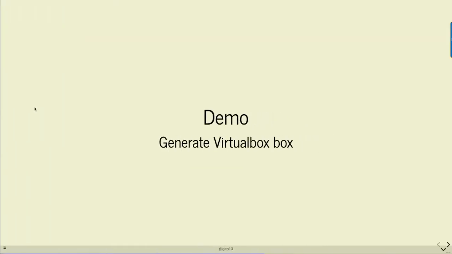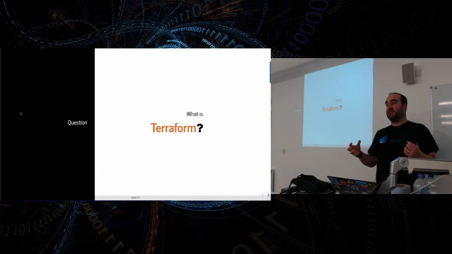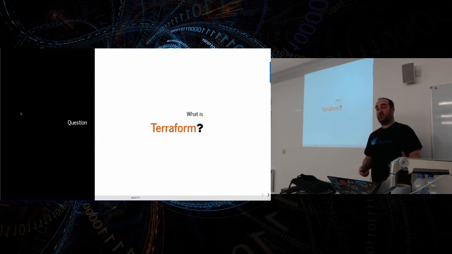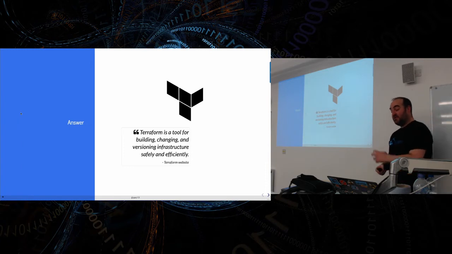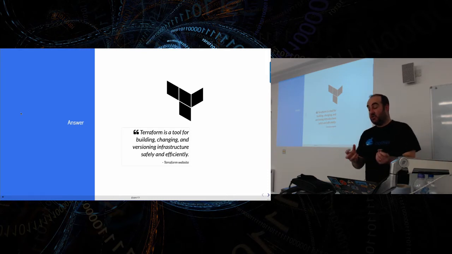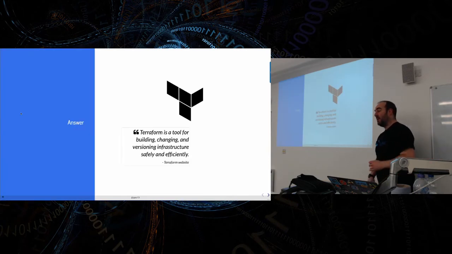So, having done all of that, we're now in a position where we can start thinking about taking these base images and doing something with them. That's where this other tool from HashiCorp comes in, which is Terraform. Terraform is a tool for building, changing, and versioning infrastructure safely and efficiently. That doesn't really describe the sheer awesomeness of what Terraform is,